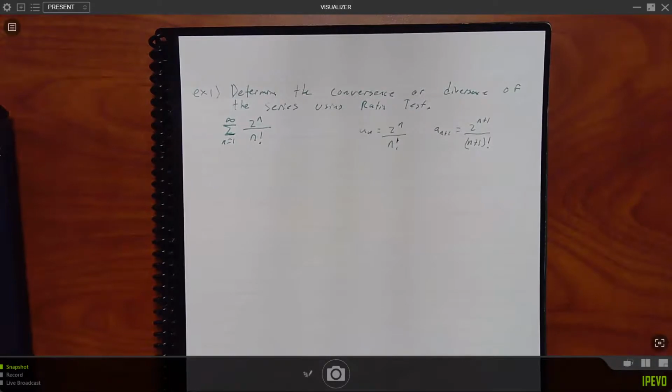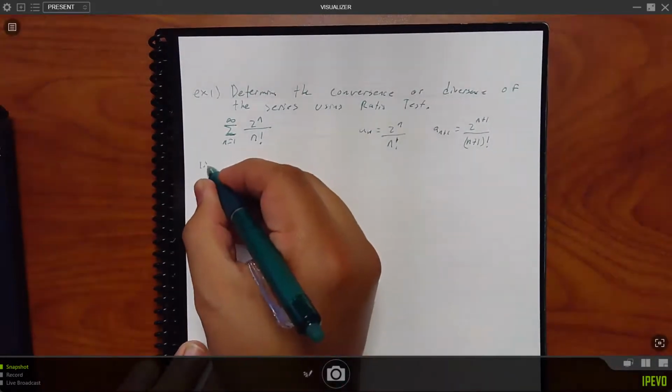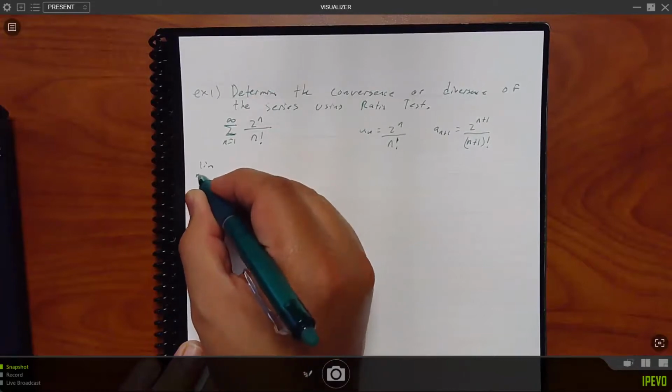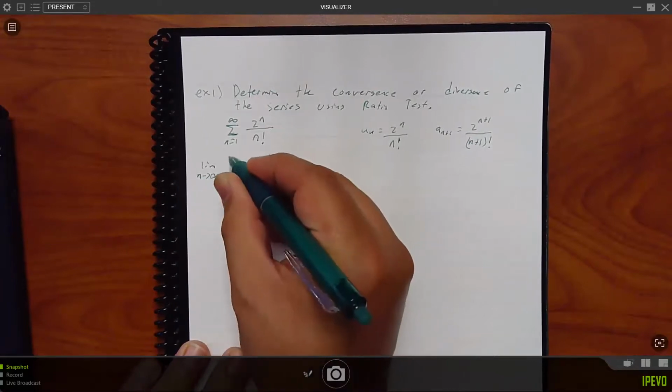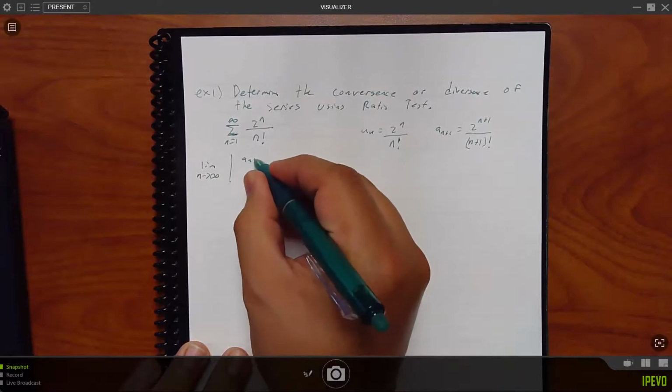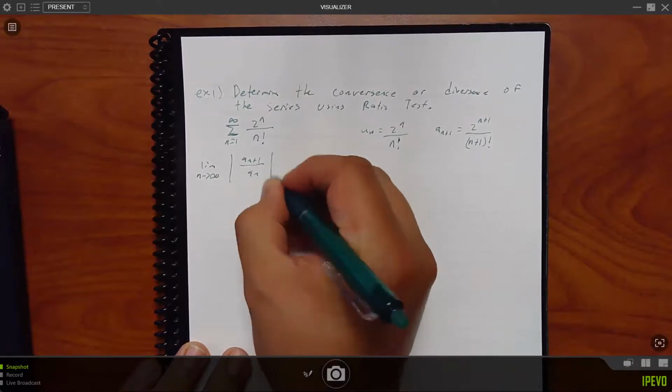Then we do the ratio test: the limit as n goes to infinity of a_{n+1} over a_n